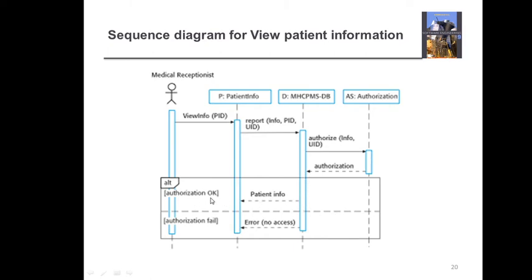Now, since the authorization was okay, that means he was authorized to use the information, the patient info is given to this patient info class. That means the information of this patient from the database is, you can say, retrieved by this patient info, or it is sent here. While if the person is not authorized, that is, authorization fails, simply an error message will pop up, that is no access, no information will be given as in the previous case. So the user can view the information by this patient info class.